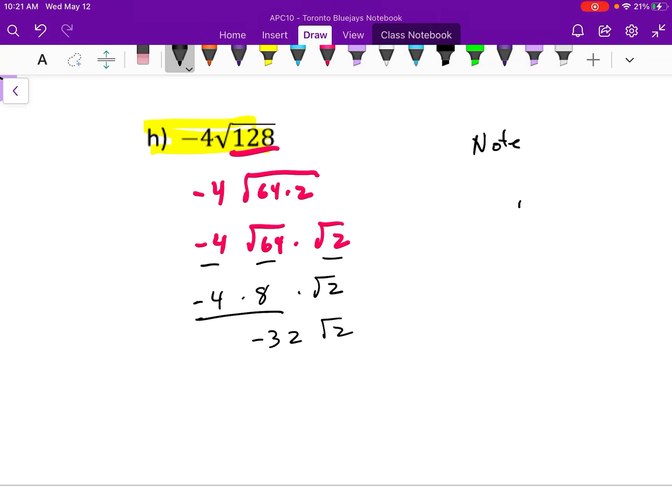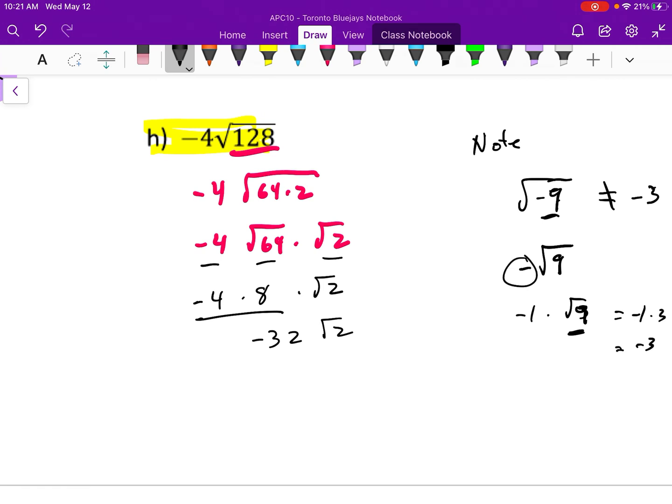I just want to note, what is the square root of negative 9? Now, this is not negative 3, because the square root of negative 9 asks the fundamental question: what number multiplied by itself gives you negative 9? There is no such number. However, the negative root of 9, which really means negative 1 times the root of 9, you evaluate this would be negative 1 times 3, and this would be negative 3. So really, it just really matters where your coefficient or where that negative